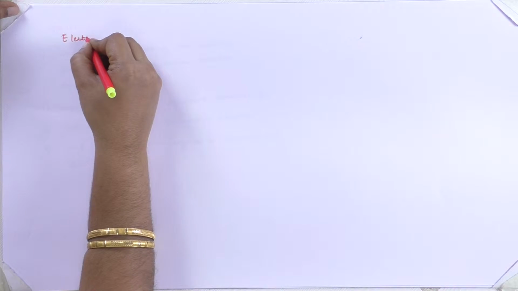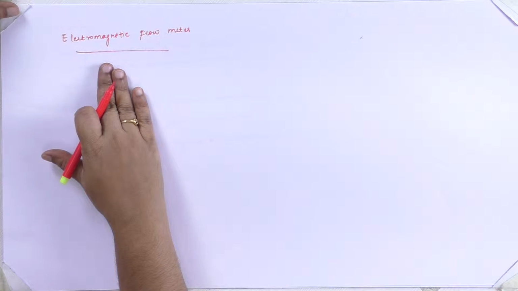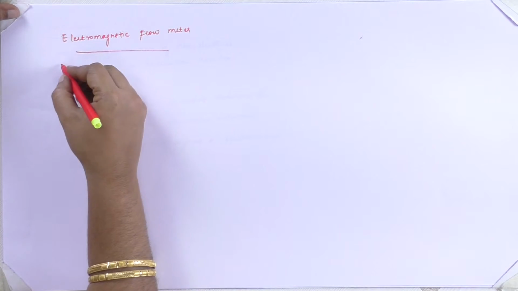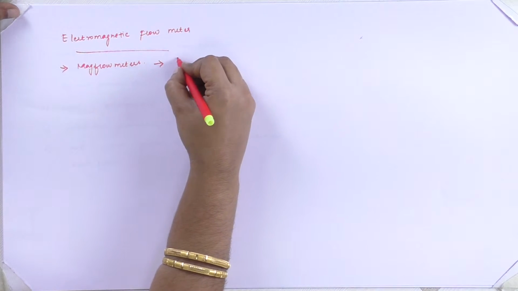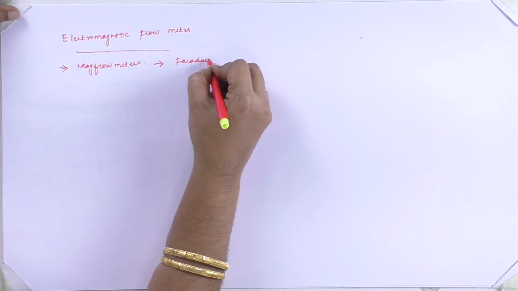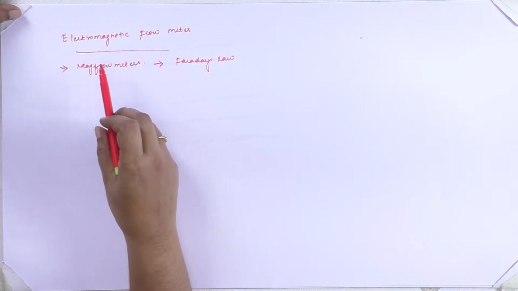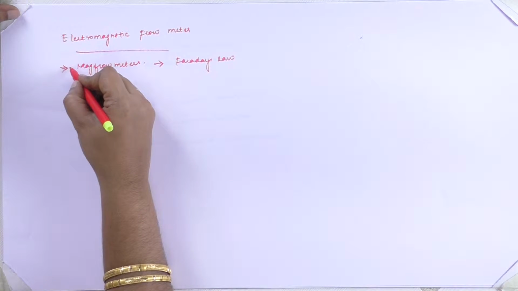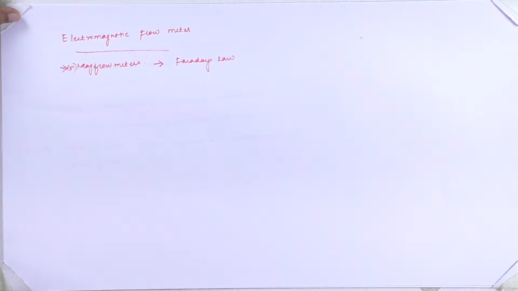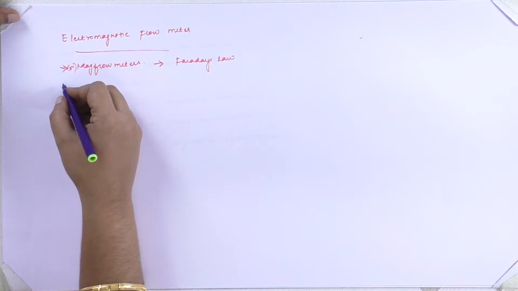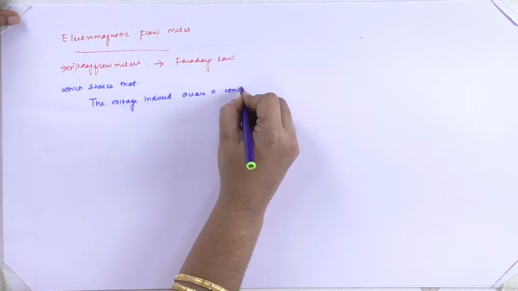Hello friends, in today's class we are going to see what is an electromagnetic flow meter. The electromagnetic flow meter is also called a mag flow meter. It depends on Faraday's law of electromagnetic induction. So the operation of the electromagnetic flow meter, or mag flow meter, works on the principle of Faraday's law of electromagnetic induction. Faraday's law states that the voltage induced across a conductor as it